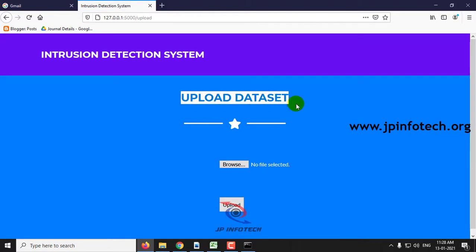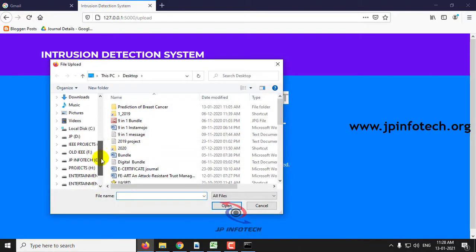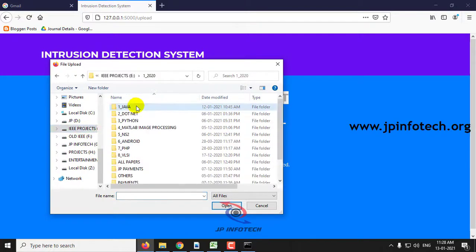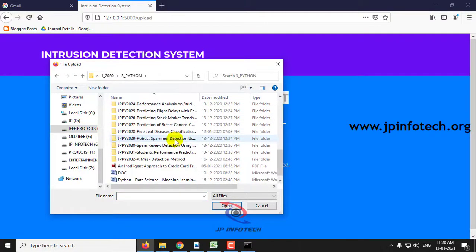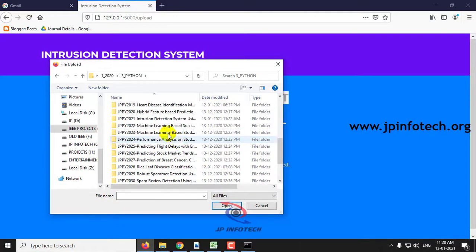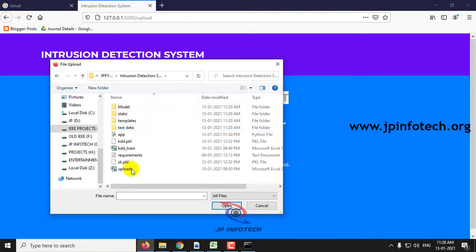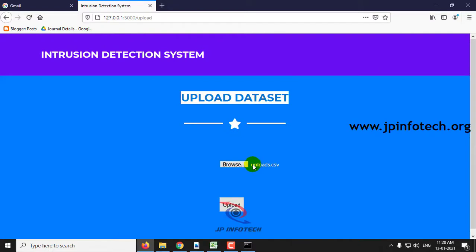Now I'll upload the dataset, which is the KDD dataset which I have shown you. And then click upload.